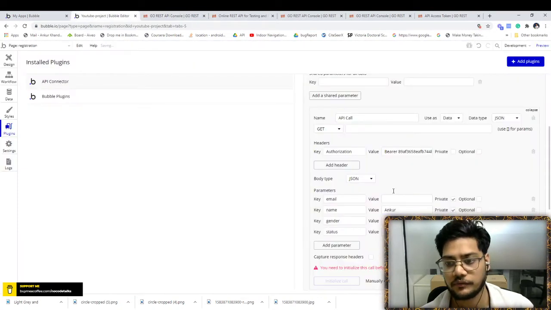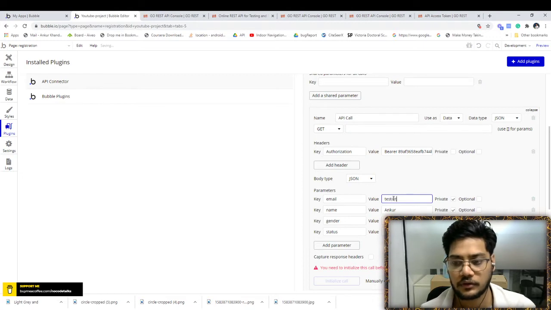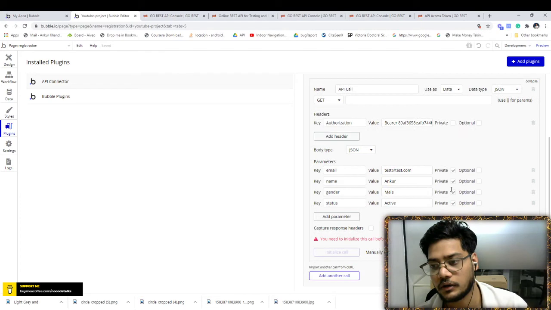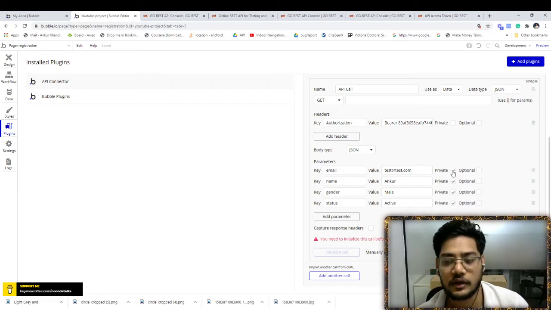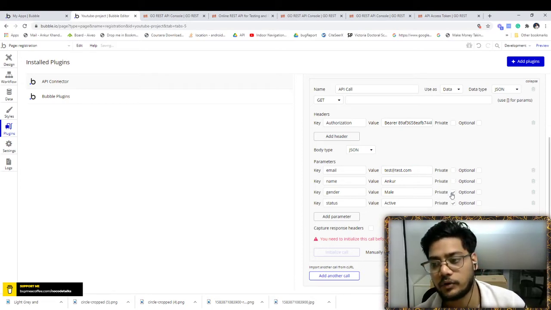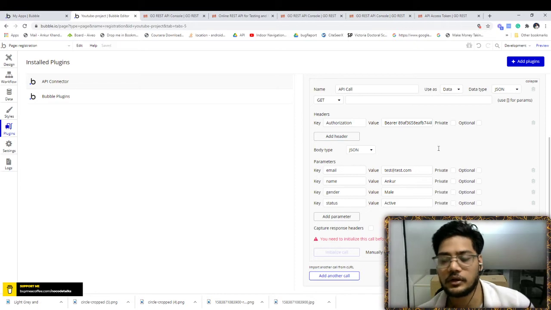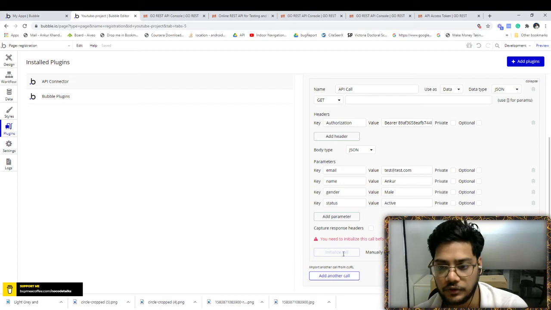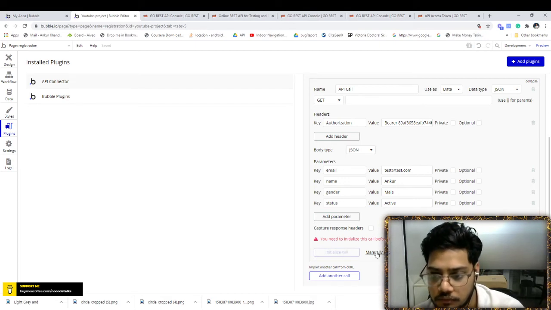I need to pass a different email ID, test@test.com. Same here, if you want to keep these values like test@test.com as static, then just check this. Otherwise, untick it. I want it dynamic. I will use it from the DB or from whatever the user enters, and you have to initialize.